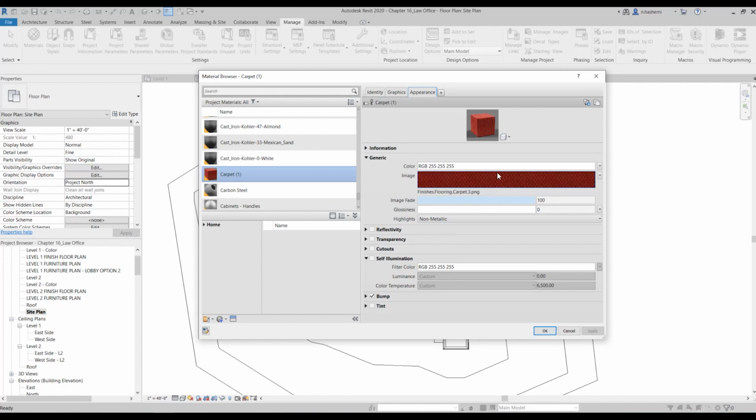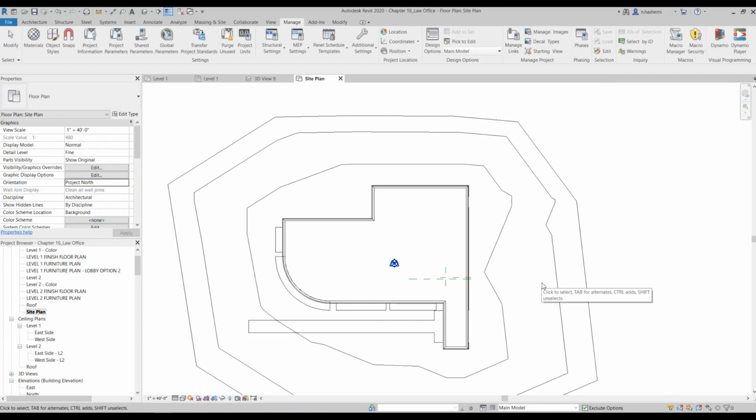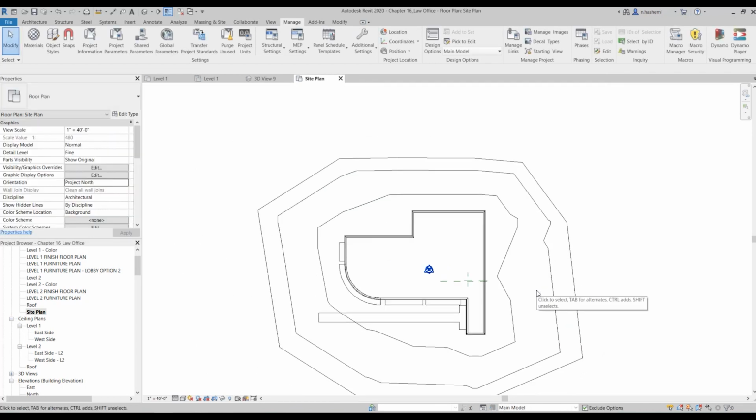Okay, so you will see a question mark over here or something like that. Whenever you download a block, first of all, you need to extract the zip file. It's so important because Revit cannot be linked to a zip file. So first, right-click on the zip file and extract it.